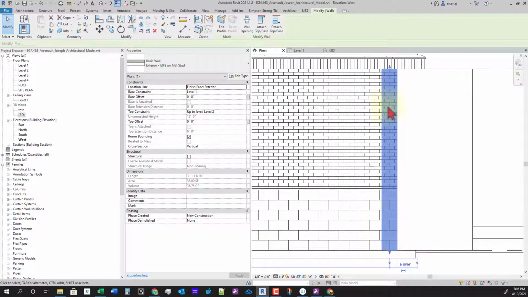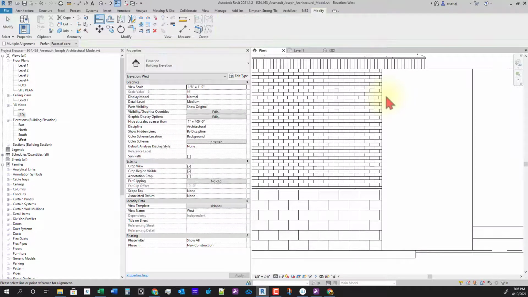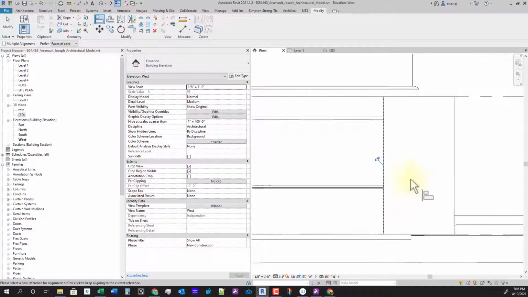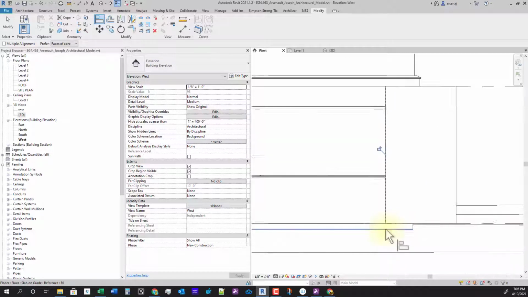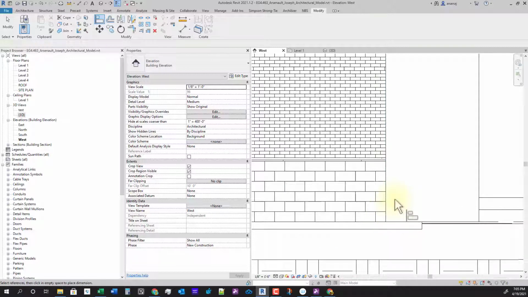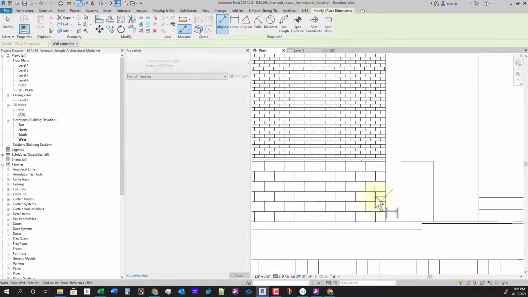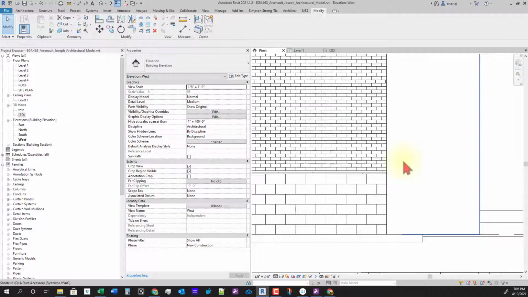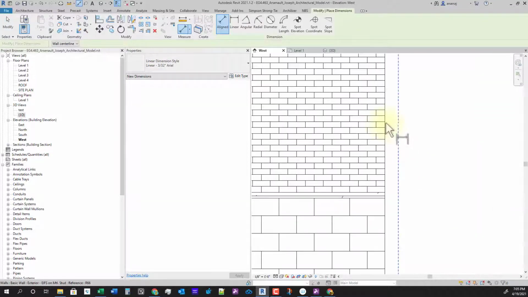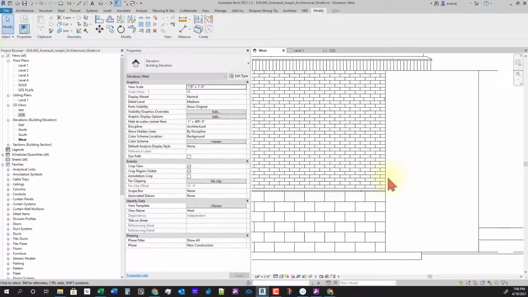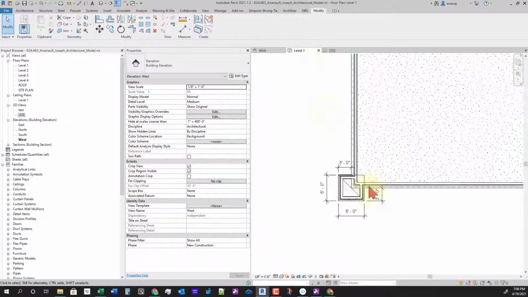It might be better if we align it to that side so that when they're doing their brick, they're getting better coursing at this kind of furred wall that we're making, making it a little bit more visibly appealing. If we go back to the plan,